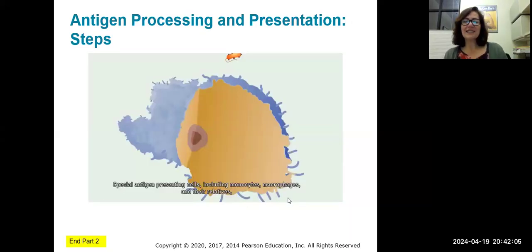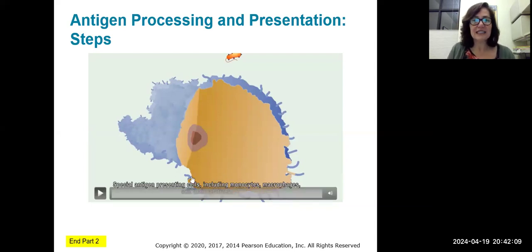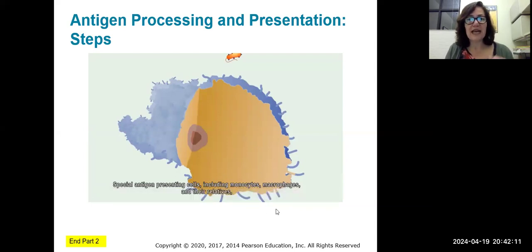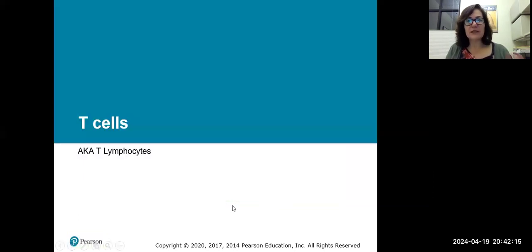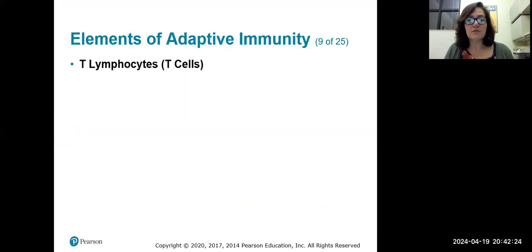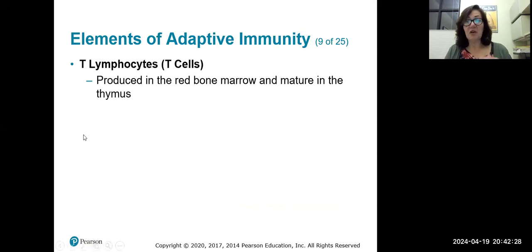Hello and welcome back. This is part 3 of the lecture on chapter 16, adaptive immunity. We had just finished talking about antigen presentation. We're moving now into T cells first, and then we'll talk about B cells, and then we'll be a wrap. So T cells, the T lymphocytes, these are cells that, like all the white blood cells,